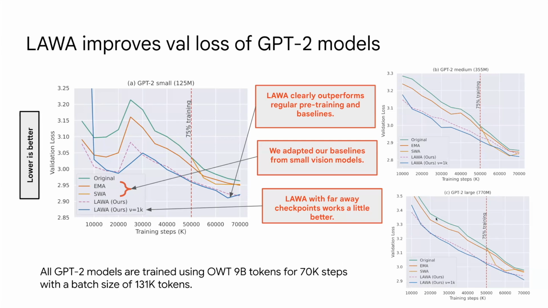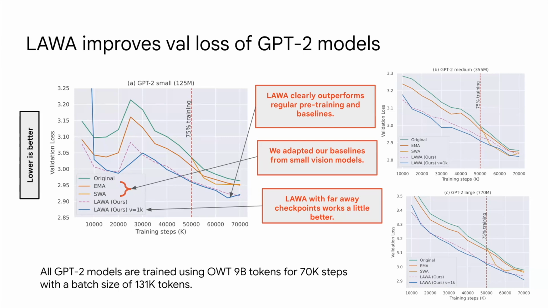Okay, so this insight remains consistent for the GPT-2 medium-sized model and the GPT-2 large-sized model. People might be wondering why there is this straight dotted line at 75% training, because SWA is used after 75% of the training. This is how they designed the algorithm: they apply SWA after 75% of the training. That is where it works. If you apply SWA very early on during training, it diverges.